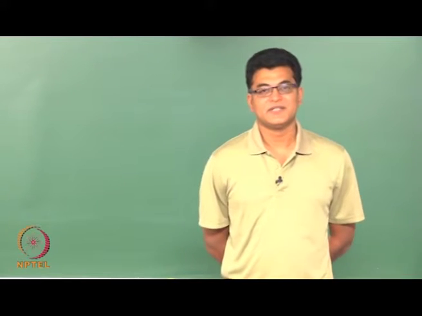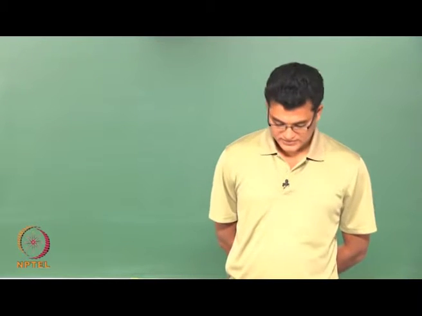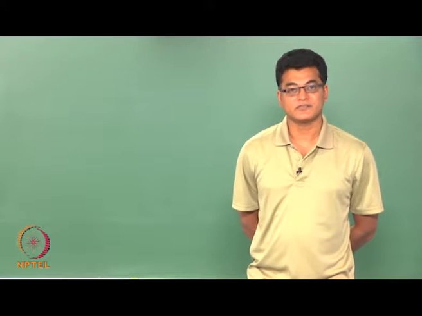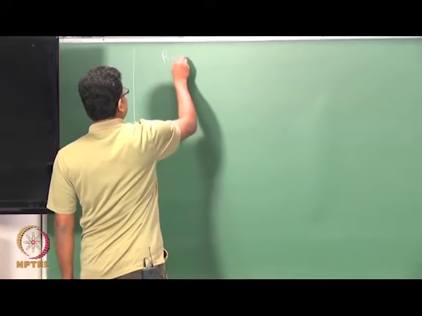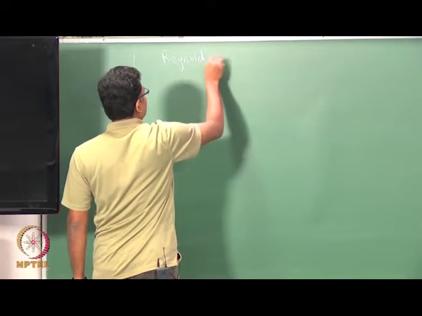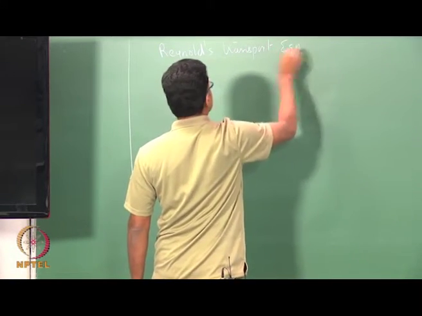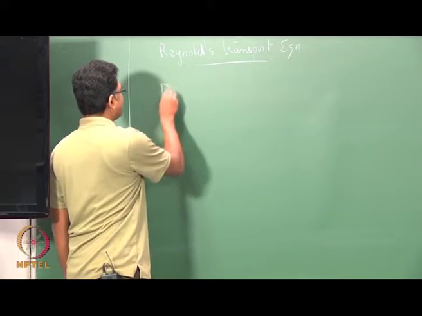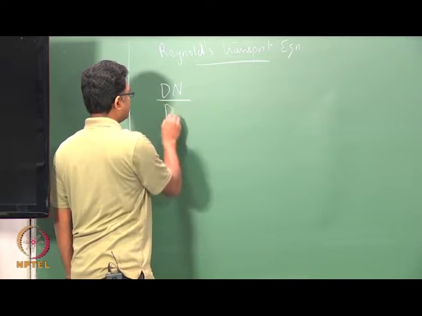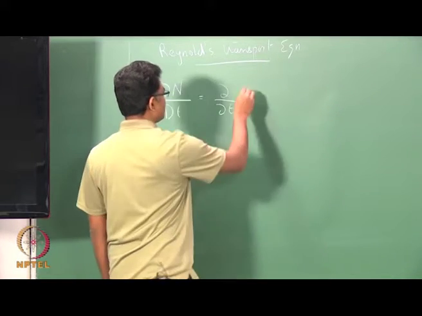In this lecture we are going to derive the mass conservation, momentum conservation and energy equations from the Reynolds transport equation, which we have learned in the last lecture. So, I start with the Reynolds transport equation, which relates the material derivative of any property N in the following fashion, which contains two terms, the unsteady component